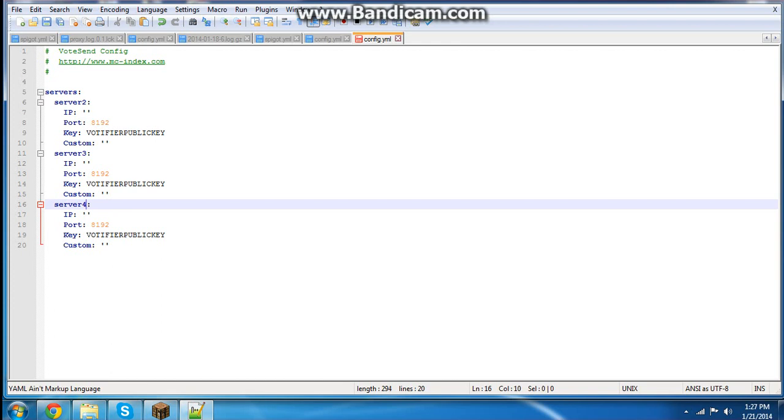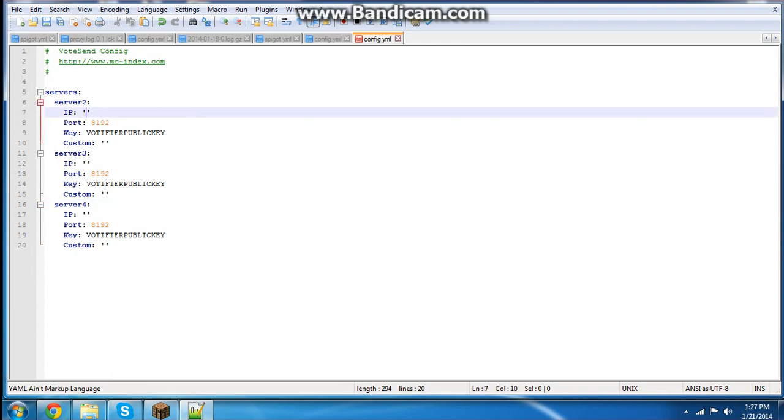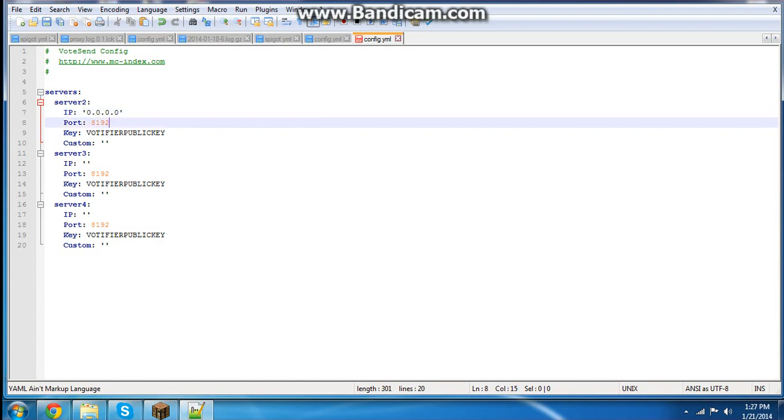Okay, so the IP would be the IP of the network. So as I said, 27.69.69.69 would be the example. But in my case, I'll put 0.0.0.0 because that's the default. Also, the Votifier that's on your main hub server, do not put it in here because it'll make an infinite